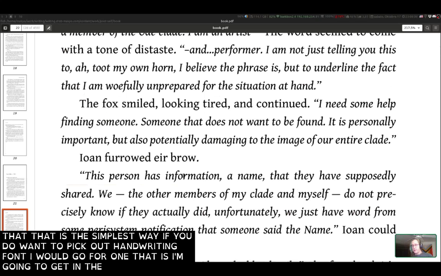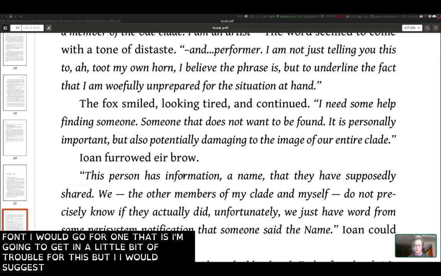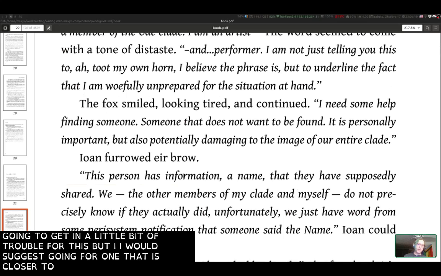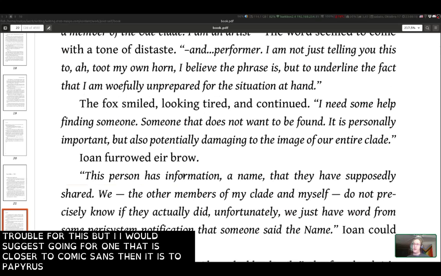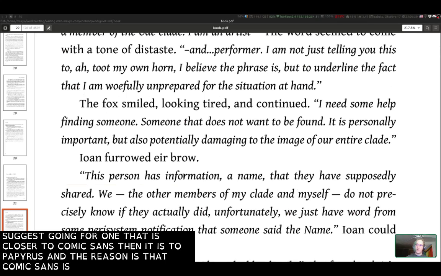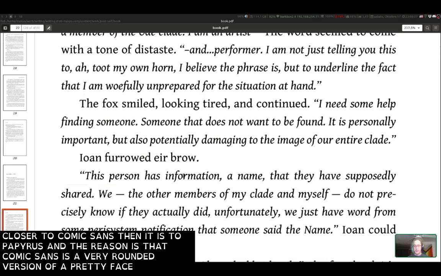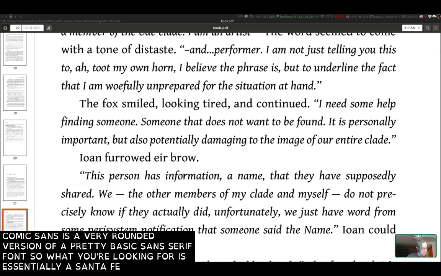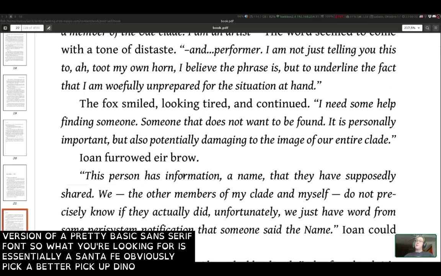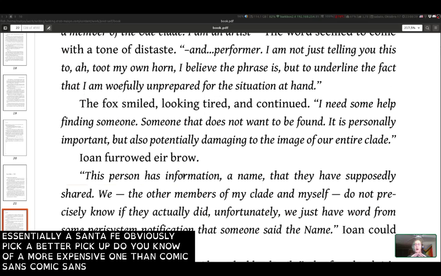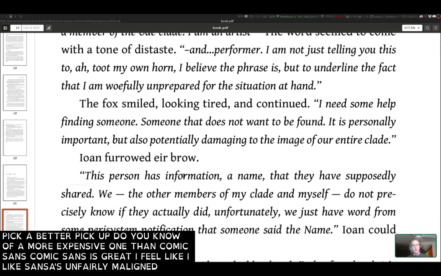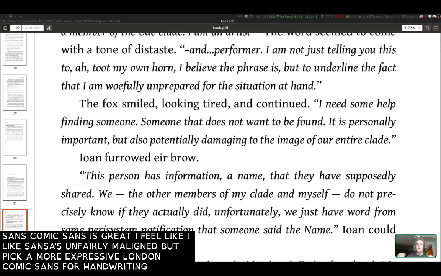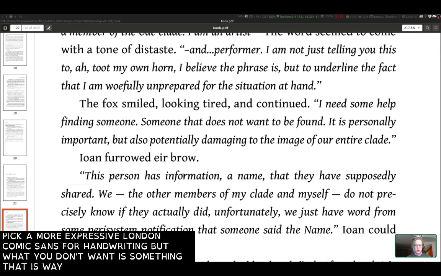I'm going to get in a little bit of trouble for this, but I would suggest going for one that is closer to Comic Sans than it is to Papyrus. The reason is that Comic Sans is a very rounded version of a pretty basic sans serif font. So what you are looking for is essentially a sans serif font. Obviously, pick a more expressive one than Comic Sans. Comic Sans is great. I feel like Comic Sans is unfairly maligned, but pick a more expressive one than Comic Sans for handwriting. But what you don't want is something that is way too